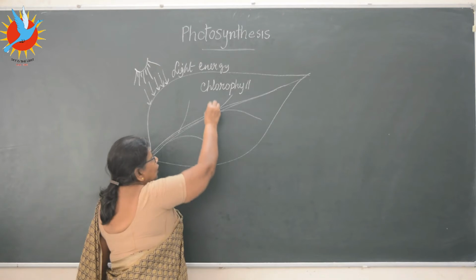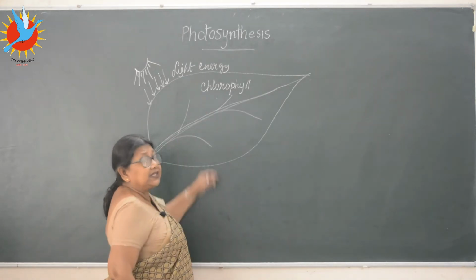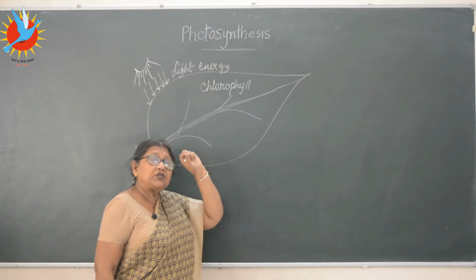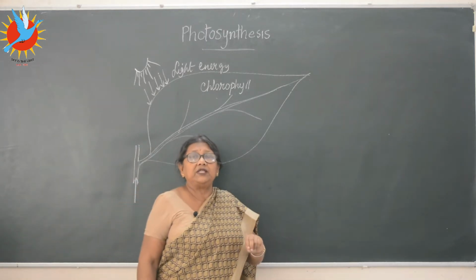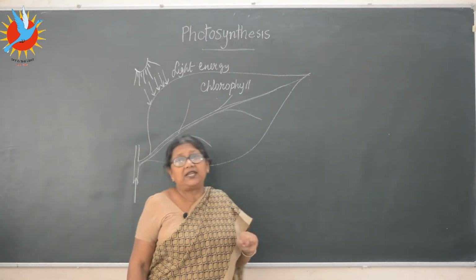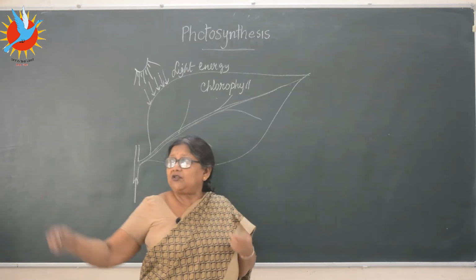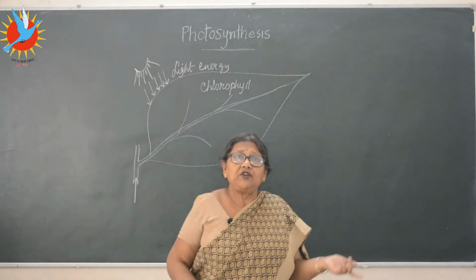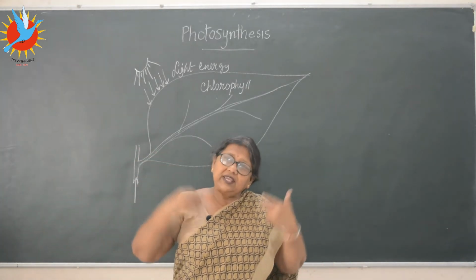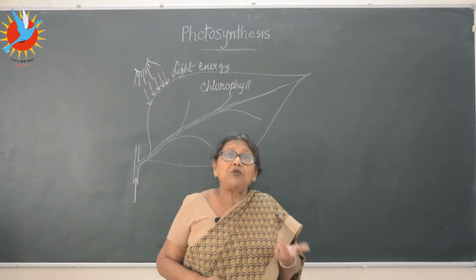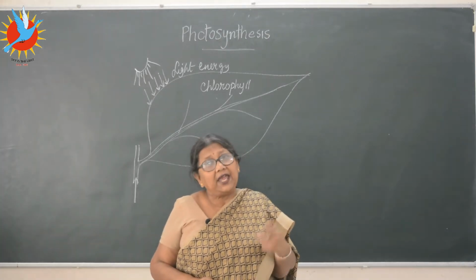What is the role of chlorophyll in this? It is only chlorophyll, mark it very carefully. It is only the chlorophyll pigment which can absorb the light energy. If we could absorb the light energy, we could sit in the sun. There would be no need for us to take food. We would take the energy and be able to do the work. But what do we need food for? We need food for the energy.